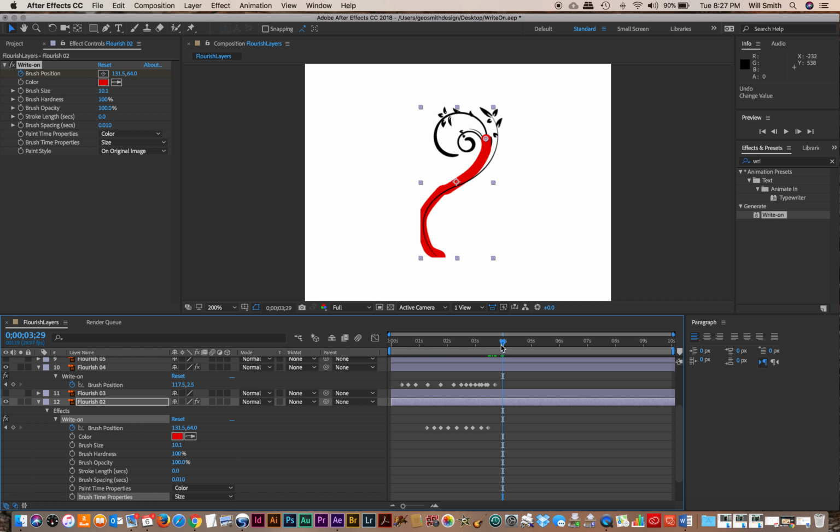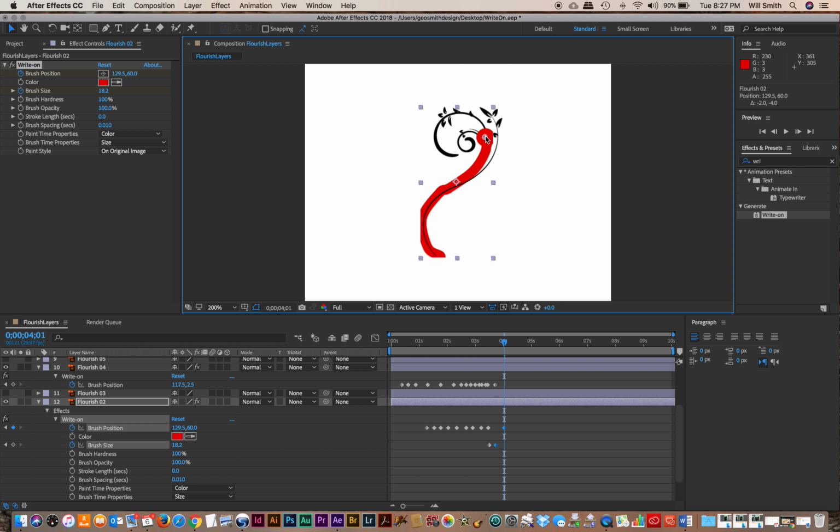Oh, first I need to put in a keyframe on brush size, so that'll keep it the same size. If I move down the timeline and start to make this bigger, let's move down a little bit more. There we go. So that's the thing I wasn't doing, I wasn't pulling the brush along in class,